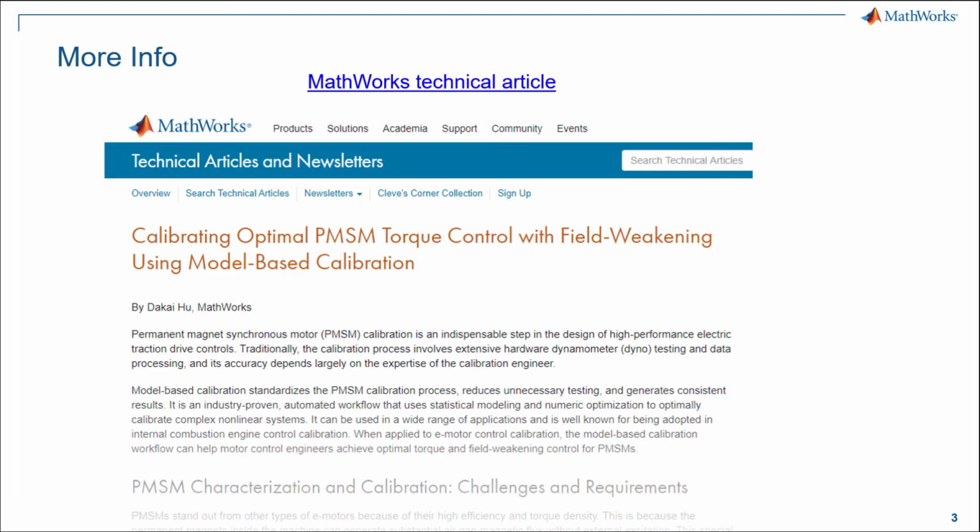So where can you learn more about this topic? I published a technical article documenting some domain knowledge for this workflow. For those of you who want to dive a little deeper on the theory side, you can reference this article on the